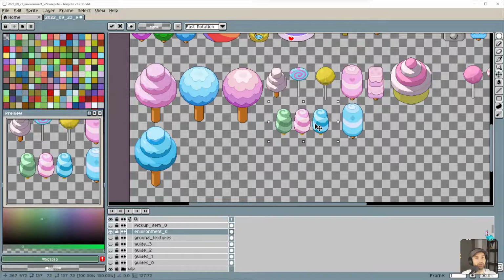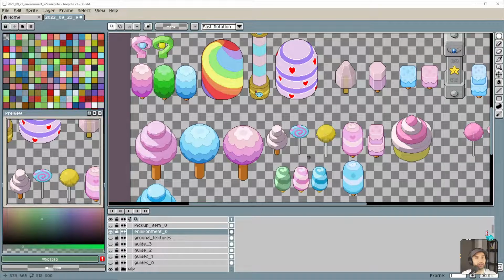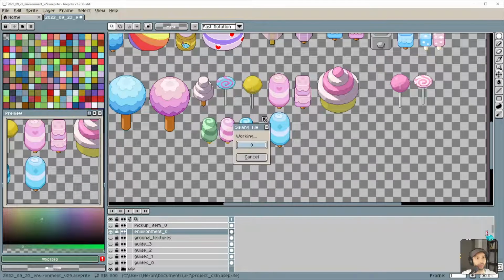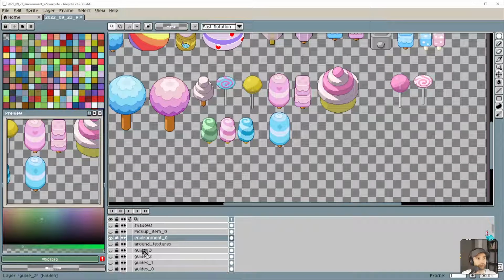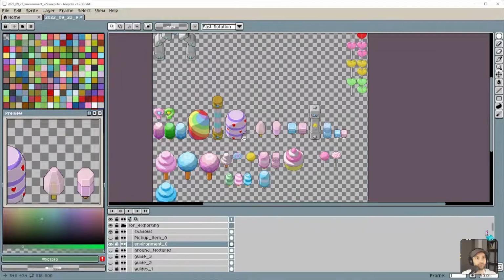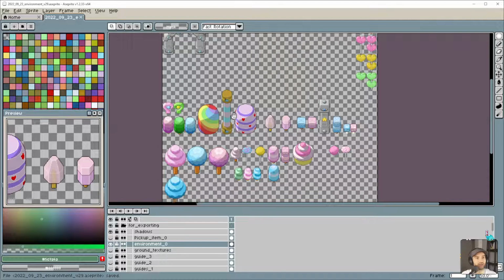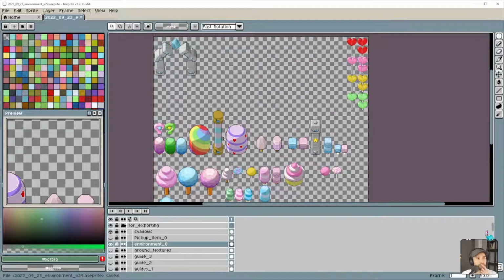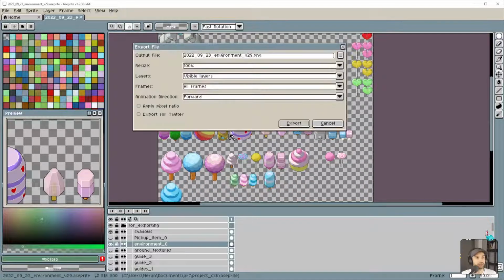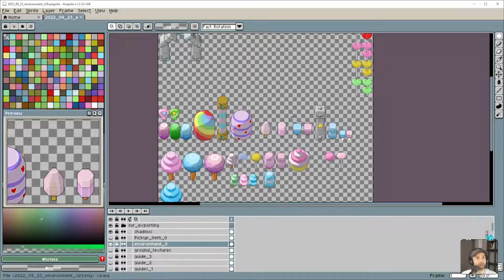As long as there's enough space for us to slice it in, then it should be good. So I think that's fine. And then what we need to do is bring in the shadows layer. Okay, so now this is ready for export. Yeah, pretty much. So let's go ahead and export this and then have a look at it and see what we got.